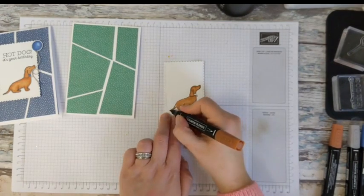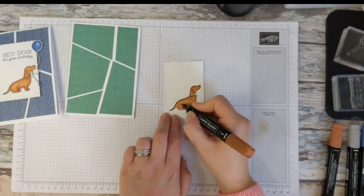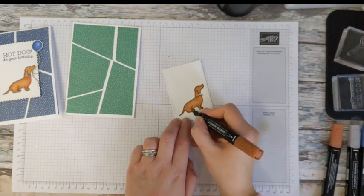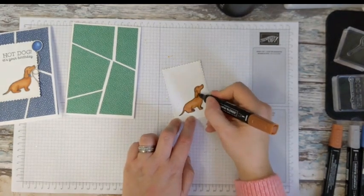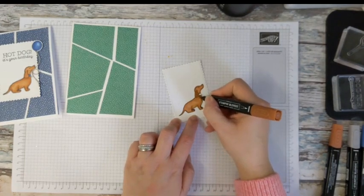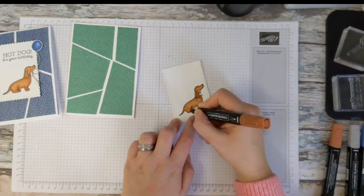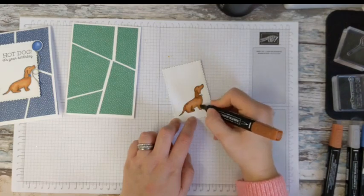Just going around the edge now with the dark. I'm going to colour the earring with the dark as well. And then just thinking about where that kind of shading might be. I'm going to add a little bit more